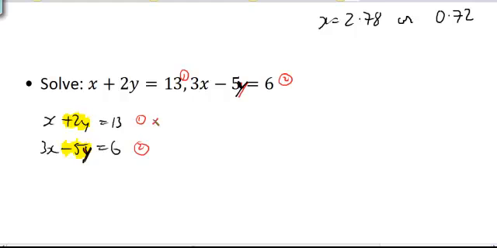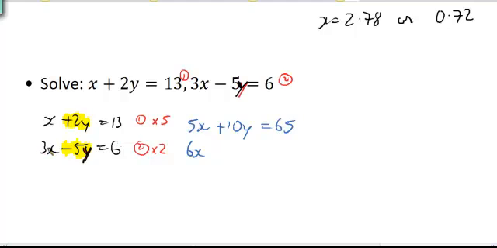So in equation 1, if I multiply both sides by 5, what do I get? Well, I get 5 times x gives 5x. 5 times 2y gives plus 10y, and 5 by 13 is equal to 65. Now in equation 2, to get that to the same but opposite sign, I have to multiply everything by 2. That will make this minus 10y as well. I'm going to multiply everything by 2. That will give me